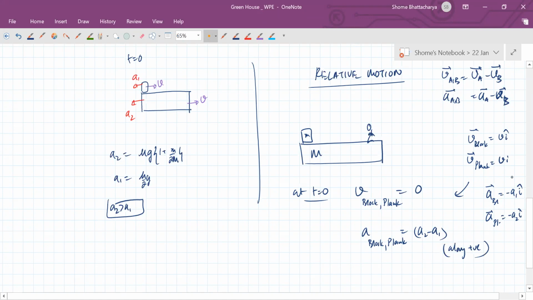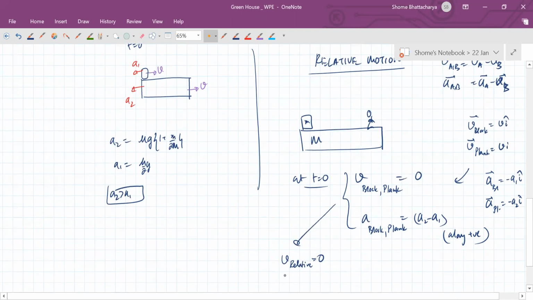It will become like this. Is this minus this now? So it's minus a1 minus of minus a2, so it will become this. So from here you can see that, I'll just write this like this, that the V relative is 0, but the A relative